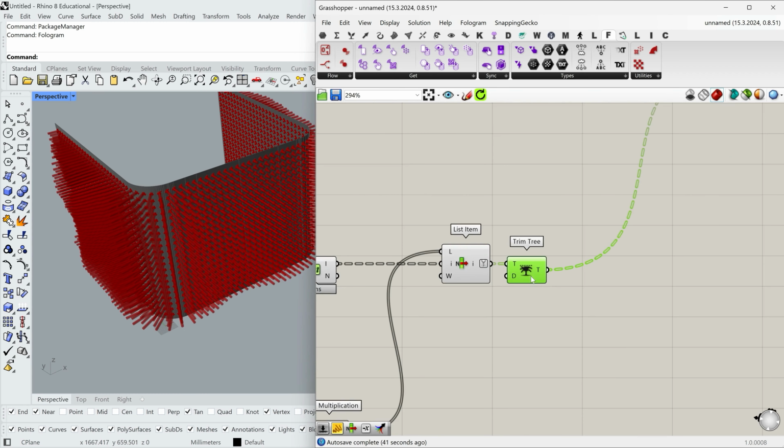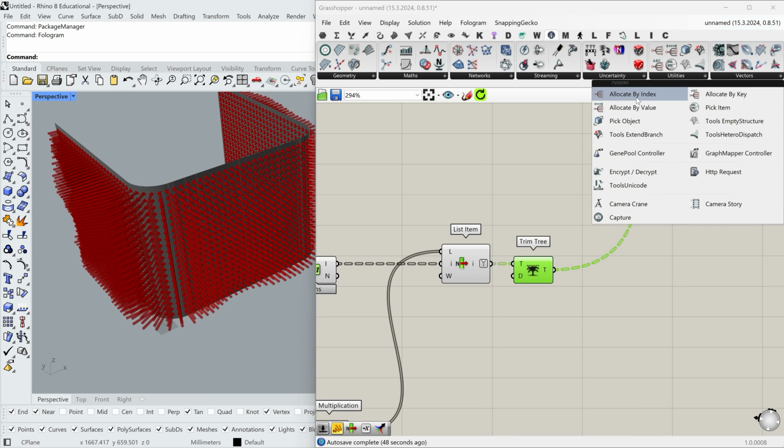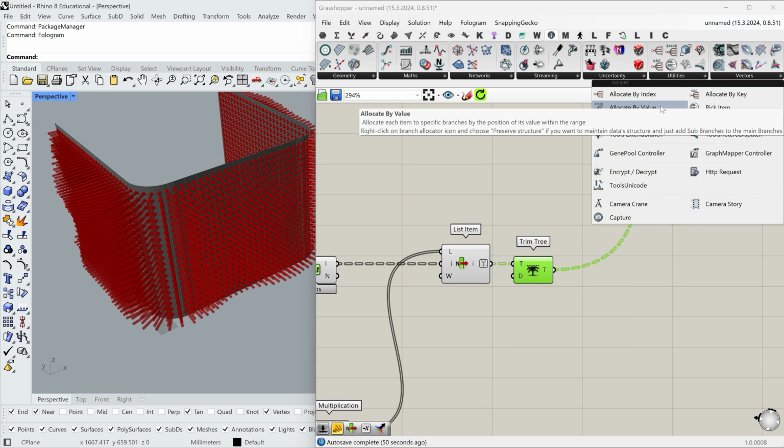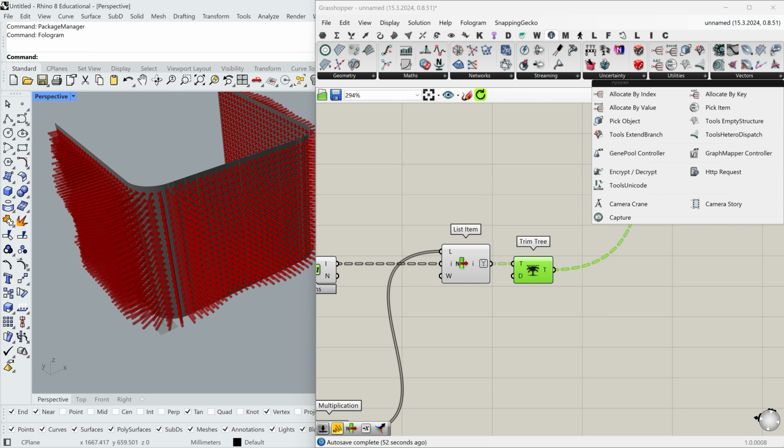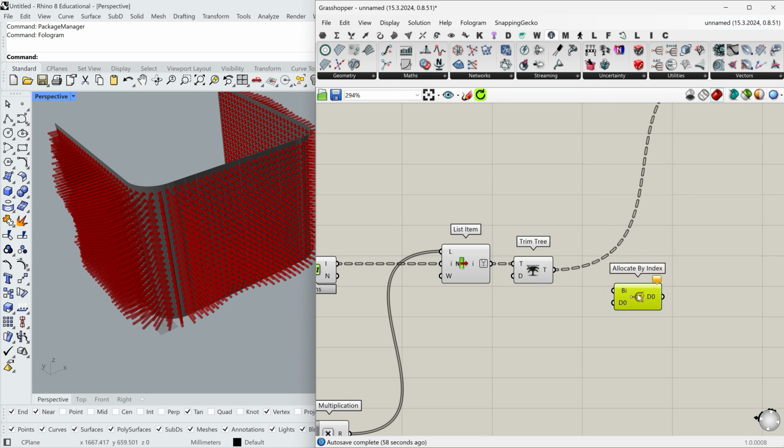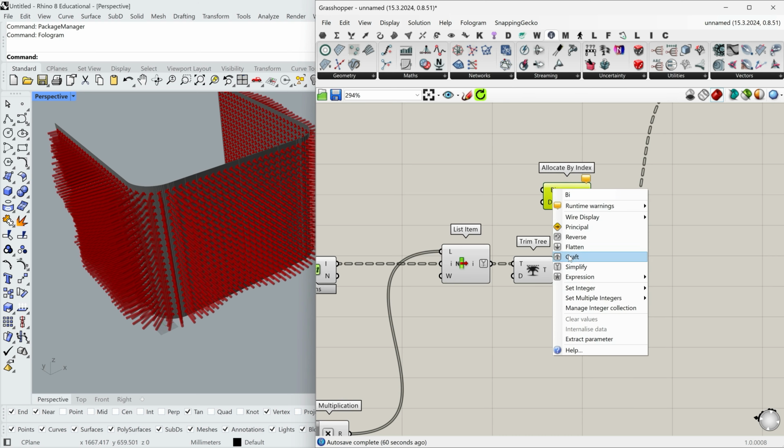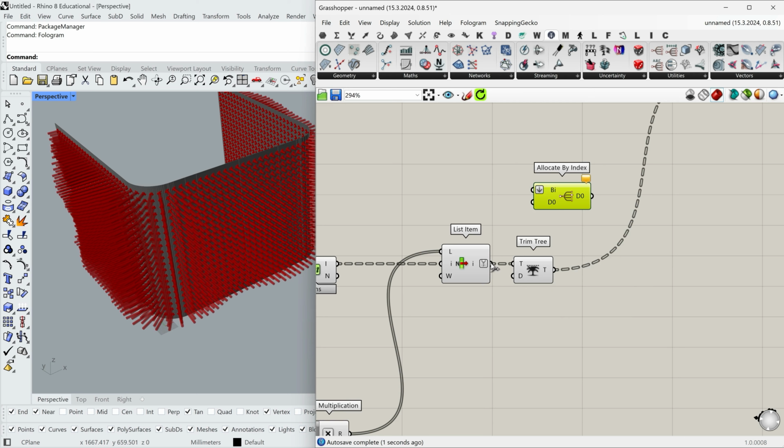Perfect. Right now I want to color the rods according to their lengths. For this I'm going to use the Allocate by Index component from the GitHub Terra plugin. I make flatten on the BI input and I connect the output of List Item to it. Perfect. Let's move it closer to the rods.